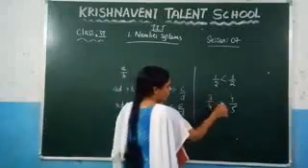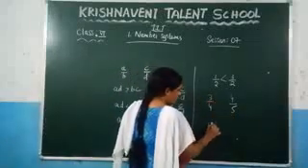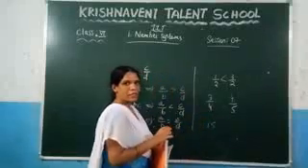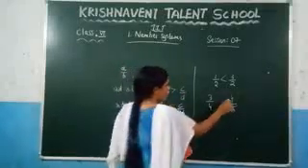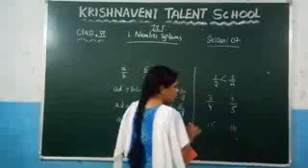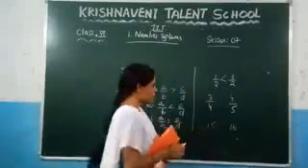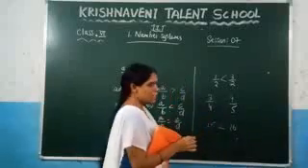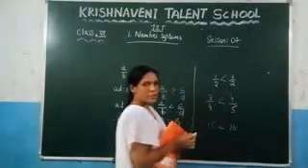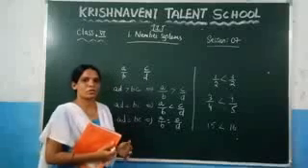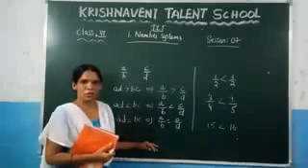So what is the value of A into D here? 3 into 5, which is 15. Similarly, what is the value of B and C? It is 4 into 4, which is 16. Now you can compare these two numbers. You know that 15 is less than 16. So we can say that this fraction is less than this fraction. This is the simplest way to check the comparison of two fractions.